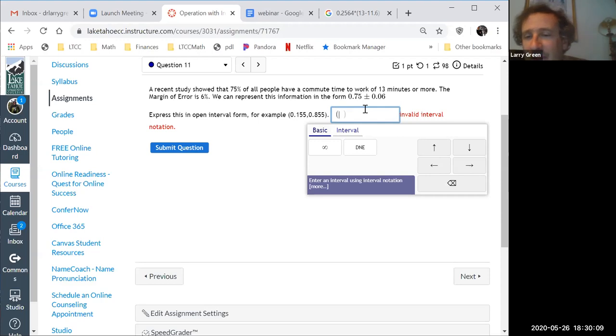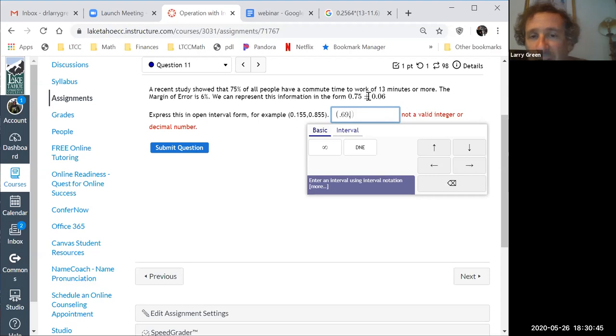That one I can do in my head, but you can use a calculator. See if we get two answers or two people that agree. Good. 0.6. Okay, and again, all you do is 0.75 minus 0.06. And I'm assuming you know how to do a minus in your calculator. Then it says comma.